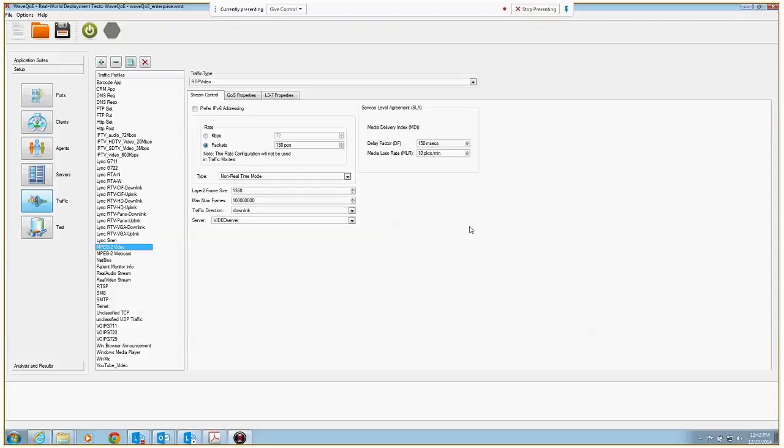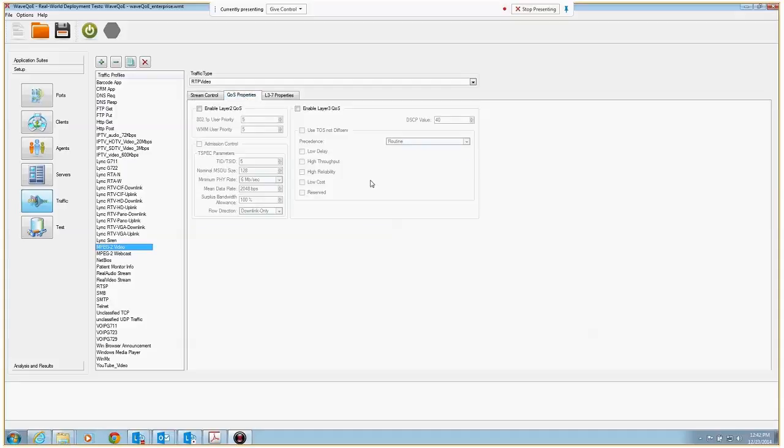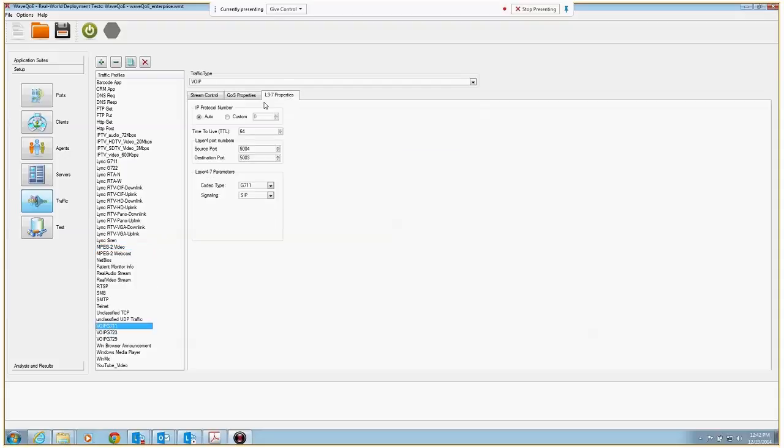For FTP style traffic, it's percent of load. Same thing for UDP traffic. That'll be latency, jitter, intended load. If it is video, it'll be a media delivery index. So what we've tried to do is to create the measurements that are specific to the traffic types and give you a means by which you can set the pass-fail criteria for each one of those flows to be measured separately. QoS can be set independently on each one of these types of flows,